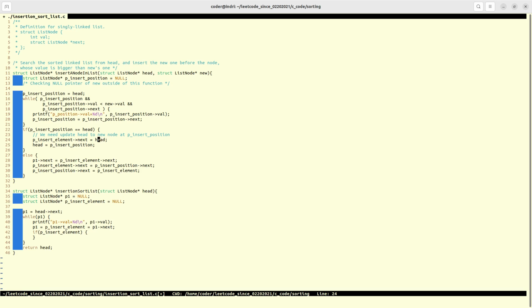Okay, if then the new next equals the head equals the P insert position. Okay, that's for the head. Replace head with new node, P insert position. Okay, else we do something new. So else,